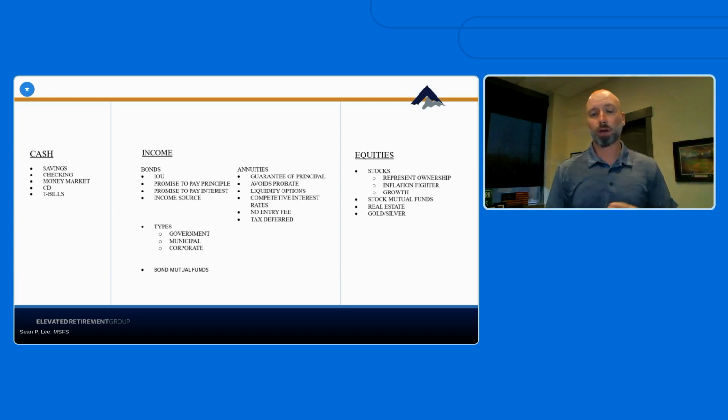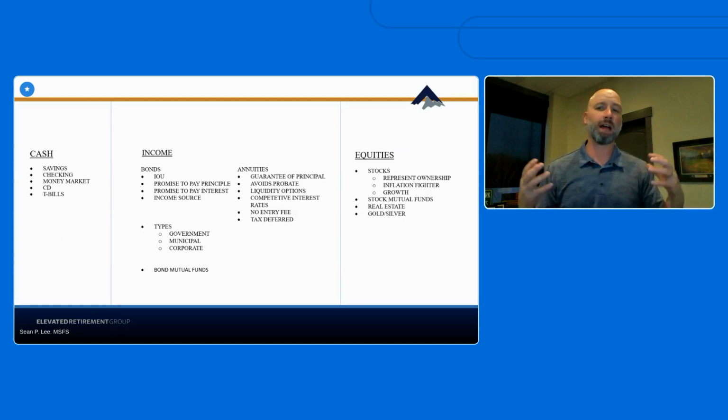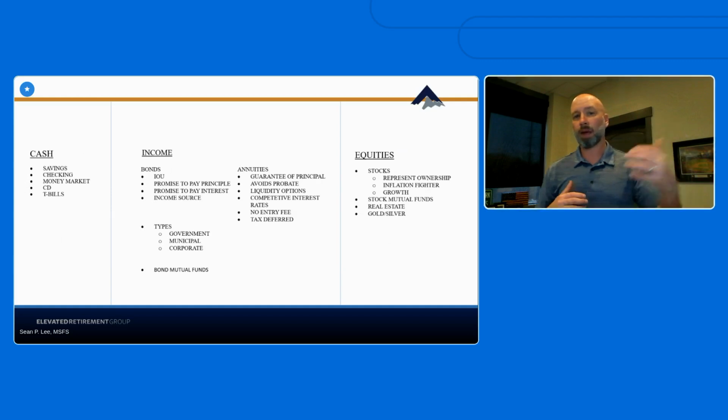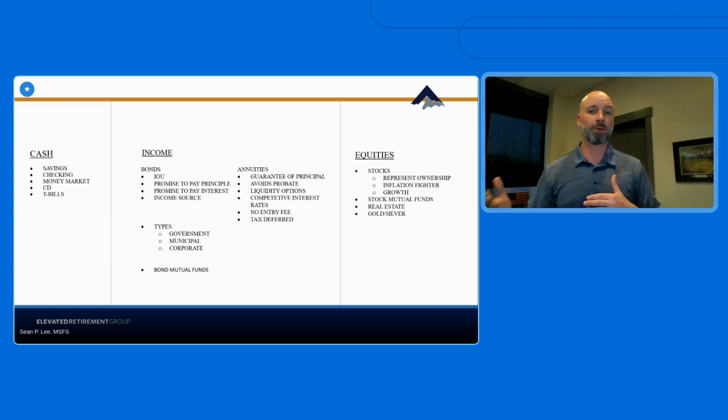Now, in today's marketplace, that looks a lot different than it did even a year ago. So a year ago, 2 years ago, what did we see? Interest rates were at 0%. You couldn't earn anything in these types of accounts. Now, as we sit today, you can see savings rates, whether it's at your bank or your credit union or online custodians, online banks. You can get a rate of return anywhere from 4 to 6%. Pretty good for safe money that's going to be liquid and there when you need it for emergencies.